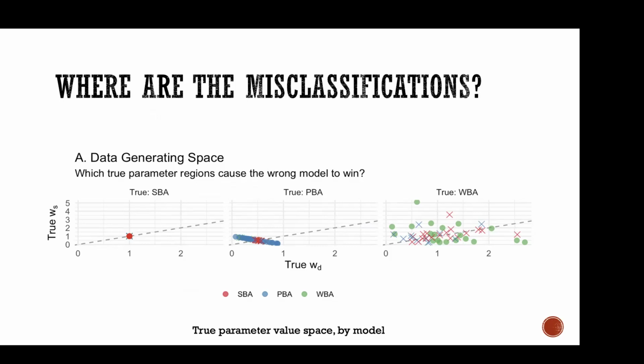And then we look at where the misclassifications are. And we see that there is really a lot of them exactly at 0.5, 0.5. And they are both SBA, and actually the WBA are all over the place. SBA, when it's exactly 0.5, 0.5, given that our models are really bad at estimating the total evidence, 0.5, 0.5 is the same as 1 and 1. So it thinks SBA is the best, right?